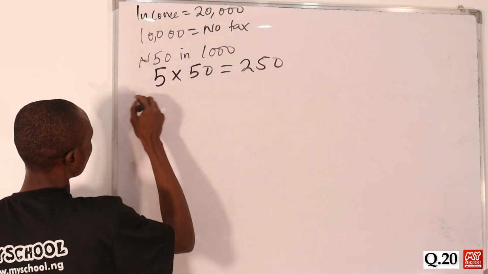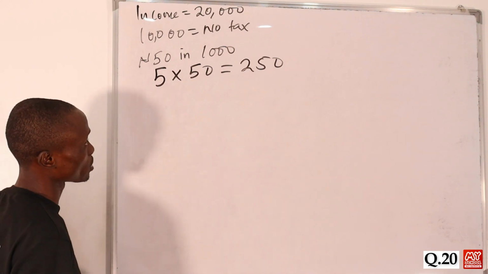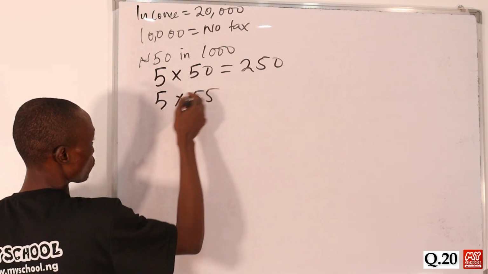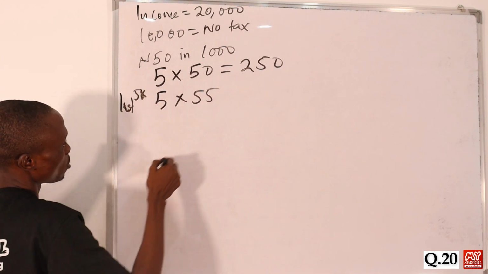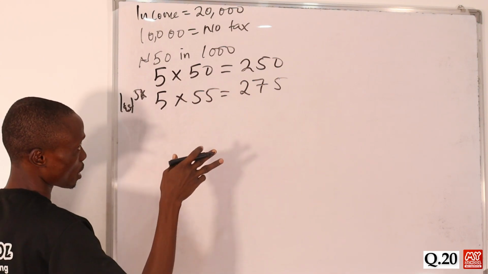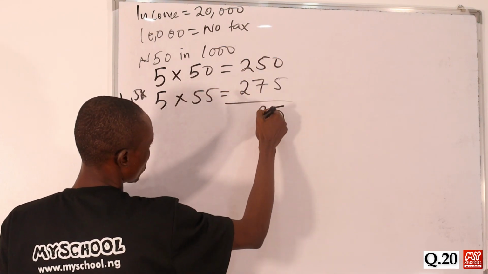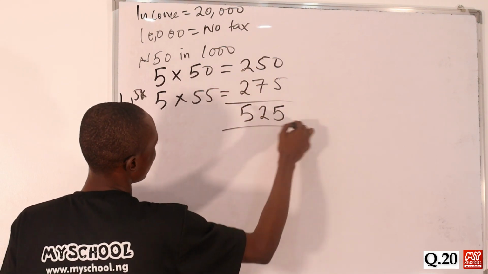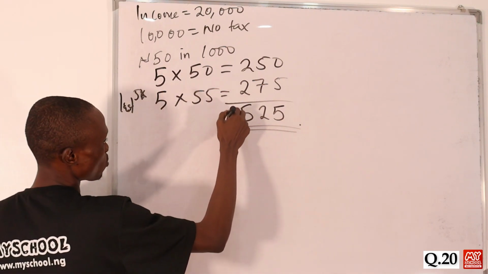Okay, so now let's move on. Now they said for the remainder you now pay 55 on every 1,000 naira. So in that case we'll be having 5 times 55 too, for the last 5,000 naira. So in this case we'll be having 275 naira. So for us to get the total tax paid, we just add these two together. So this will be 5, this will be 12, write down 2 and carry 1. So we add this, which is 4, plus that one, which is 5. So the total amount paid as tax on the remaining 10,000 naira is equals to